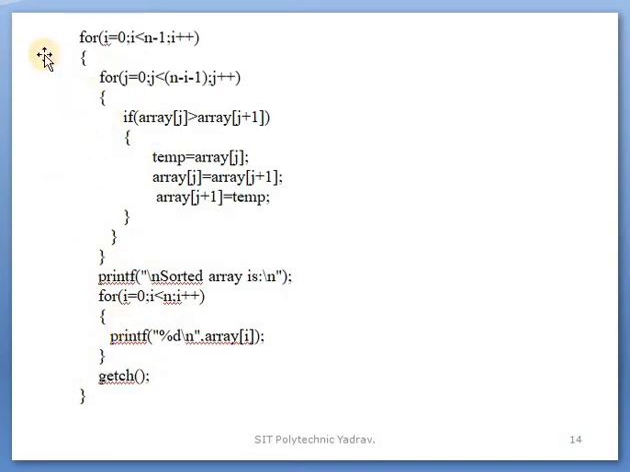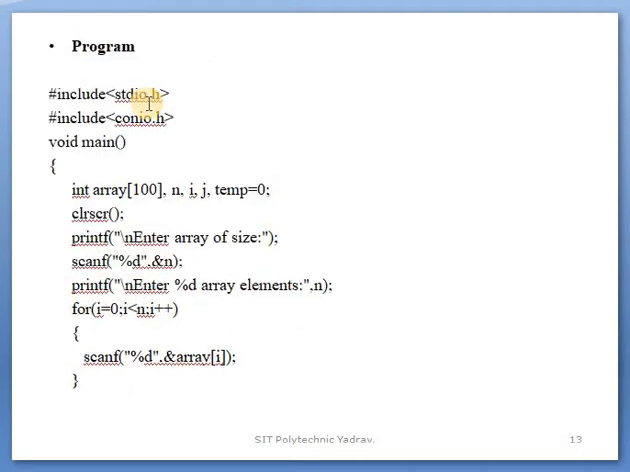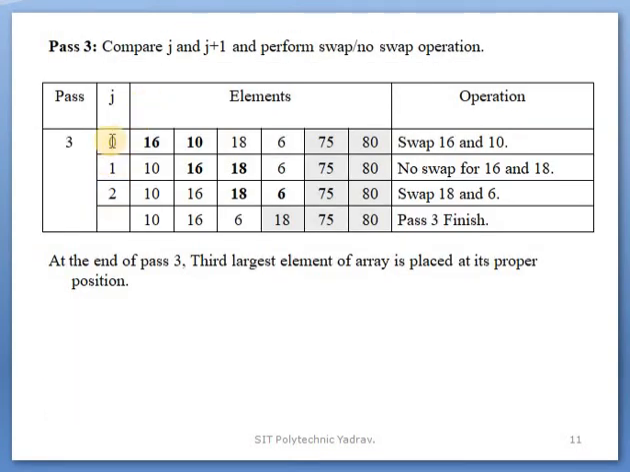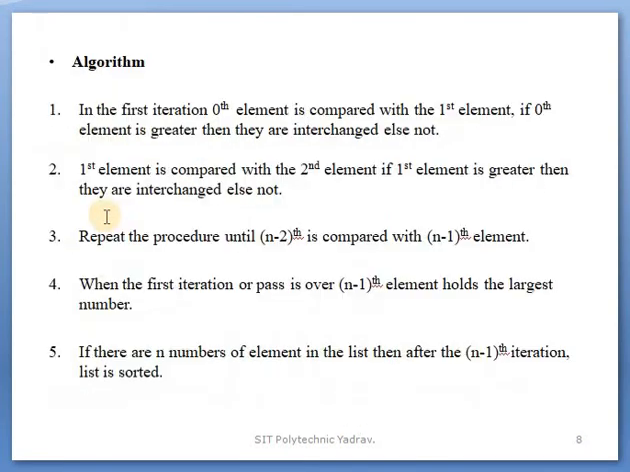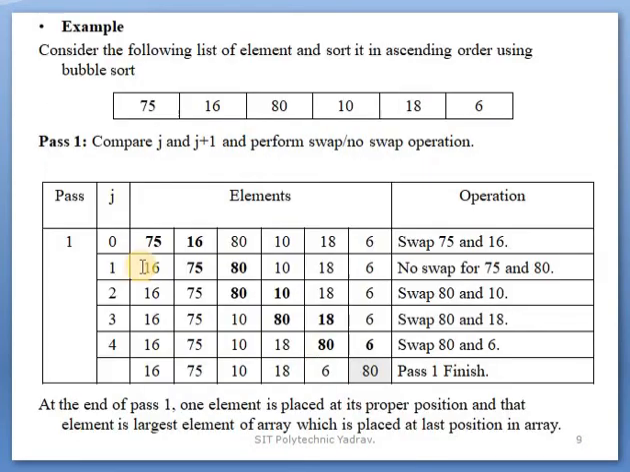The logic is: for i equal to 0, i less than n minus 1, i plus plus. This is for the pass purpose, because your passes are n minus 1, starting with 0. After that, j is equal to 0. In that, for j equal to 0, j less than n minus i minus 1, and j plus plus. This is for your jth position. Okay,